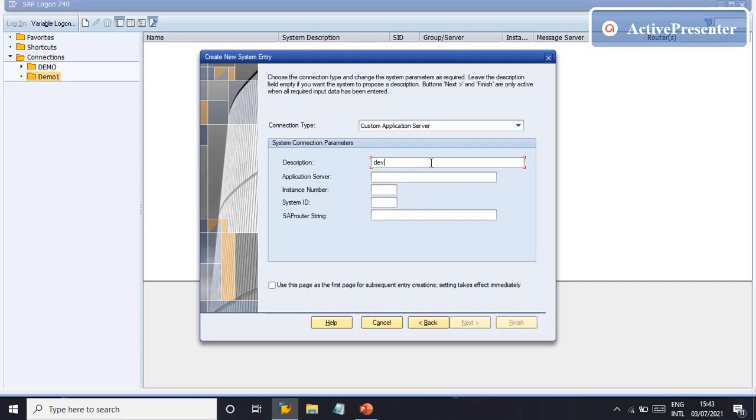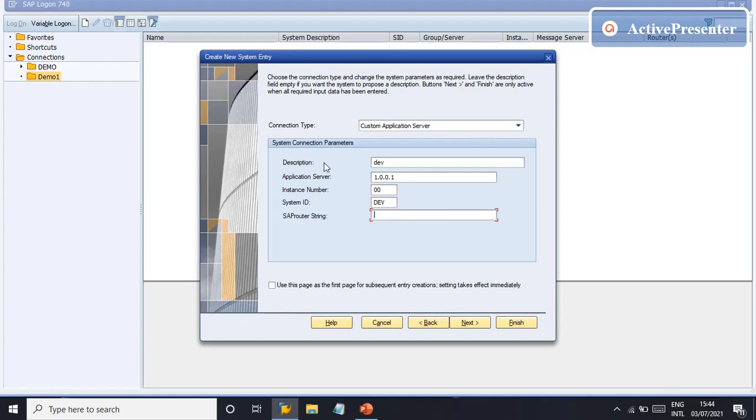Description, dev. The application server would be something like 1.0.0.1 and the instance number I'm entering as 00. System ID I'm entering as dev, and only if applicable do you have to write the SAP router string.